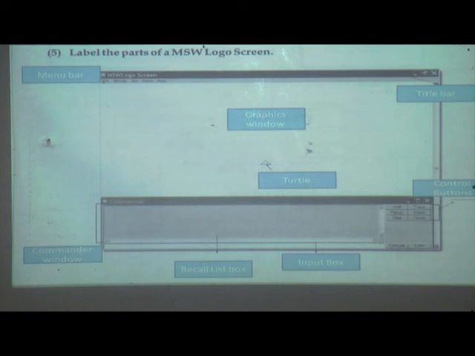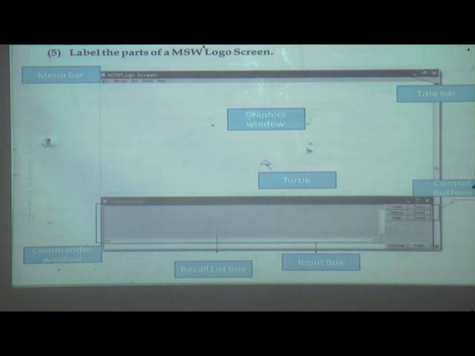What is the use of turtle? Turtle shows the position where we are. What is the use of title bar? Title bar displays the name of program. What is the use of menu bar? Menu bar has different menus. By using that menu we can save and open the file.